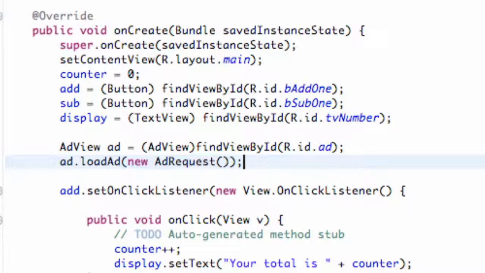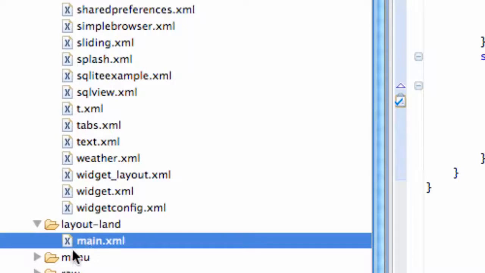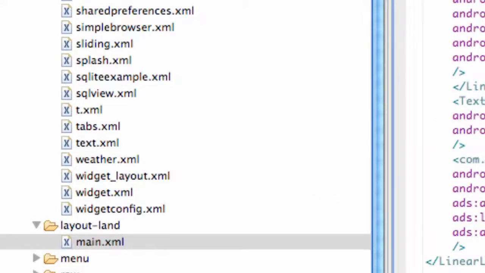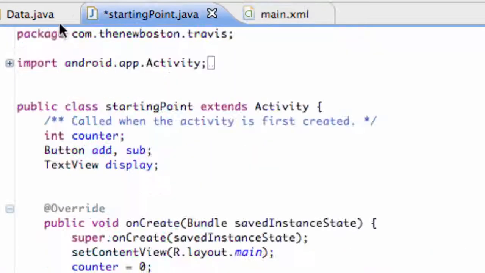Also, just a quick note: in this starting point activity, we had two layouts, one for the landscape layout and one for the portrait. So you guys want to set up your ad within here as well. Otherwise, when it tries to look for this AdView within the Java, if we're in the landscape mode, it's not going to be able to find that, and it's going to crash your application. So just make sure you open that up and add this reference here, and set up your ad within there. You have the same ID as well, so your Java class can find that ad. And now I'm just going to show you guys how to add an ad through strictly